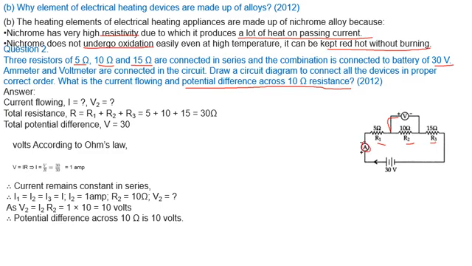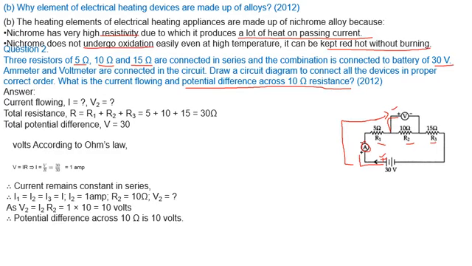Positive terminal of the ammeter and the positive terminal of the battery should face each other, right? So this is how you have to connect the ammeter, and even in the case of the voltmeter, the positive terminal of the voltmeter and the positive terminal of the battery should face each other. So if the positive terminal of the battery is on the left hand side, the positive terminal of the voltmeter should also be on the left hand side, on the same side as the battery. Okay, so you first have to arrange the circuit.